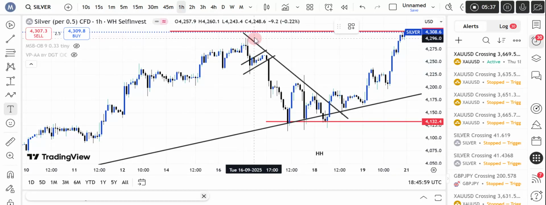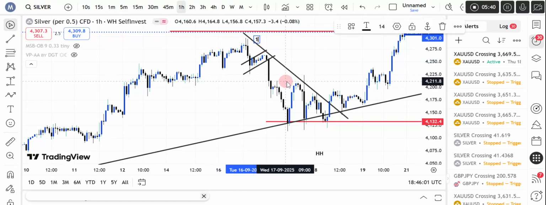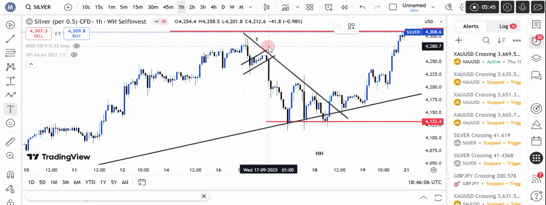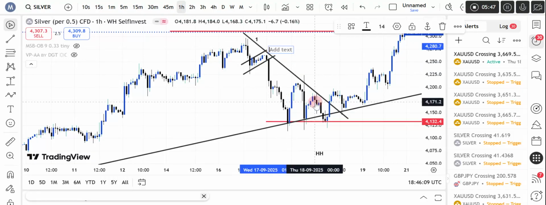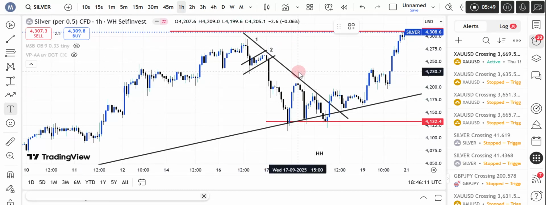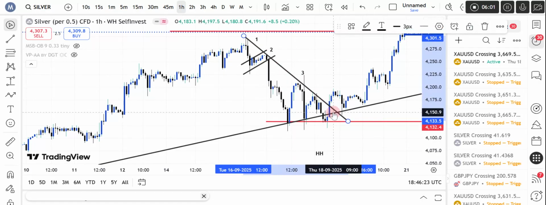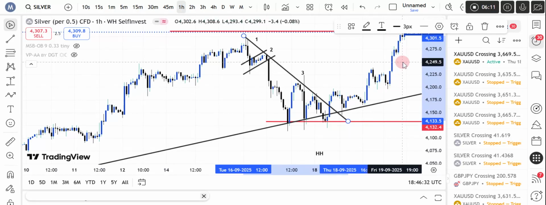So all I do is take my first sell here, then the second, and the third. This is always from my backtesting. I always mark one, two, three. So the sellers have finished. I put my trend line here to know when the buyers have to come. As soon as the buyers break my descending trend line, I'm looking for an opportunity to buy.